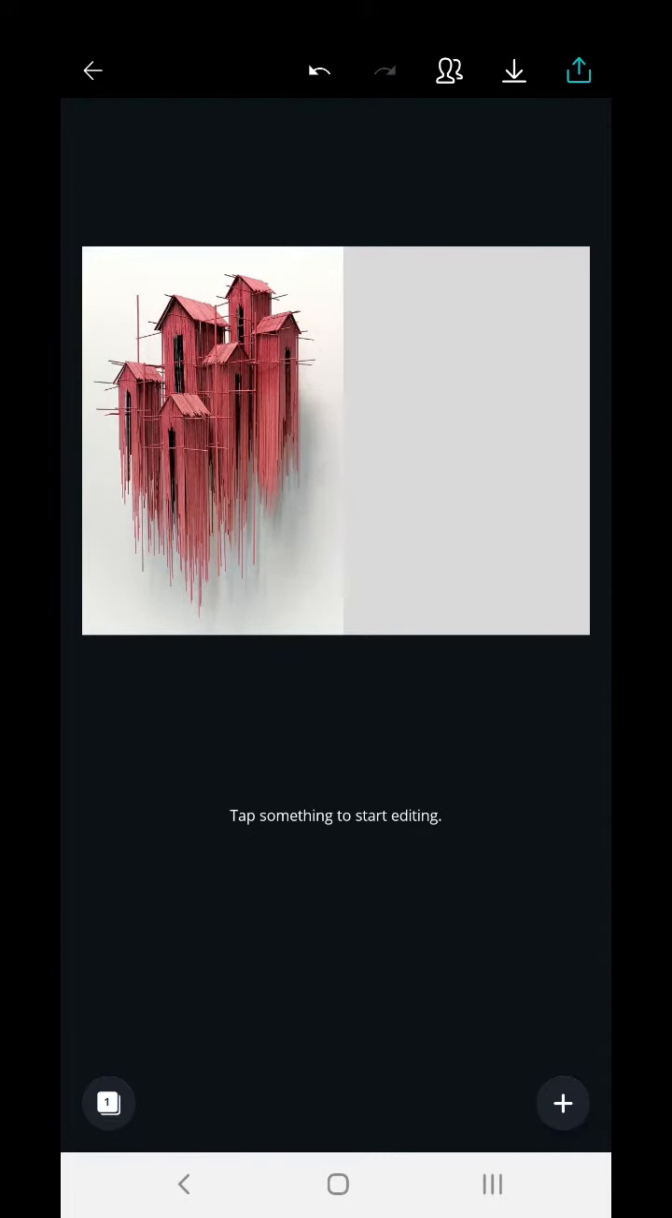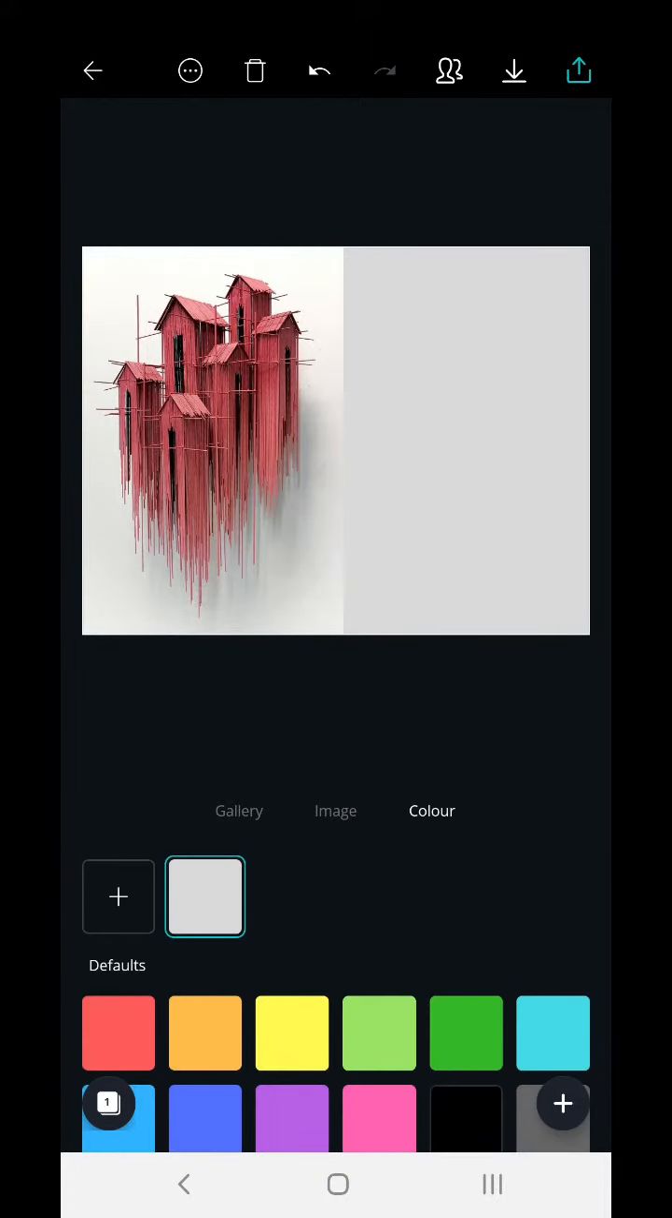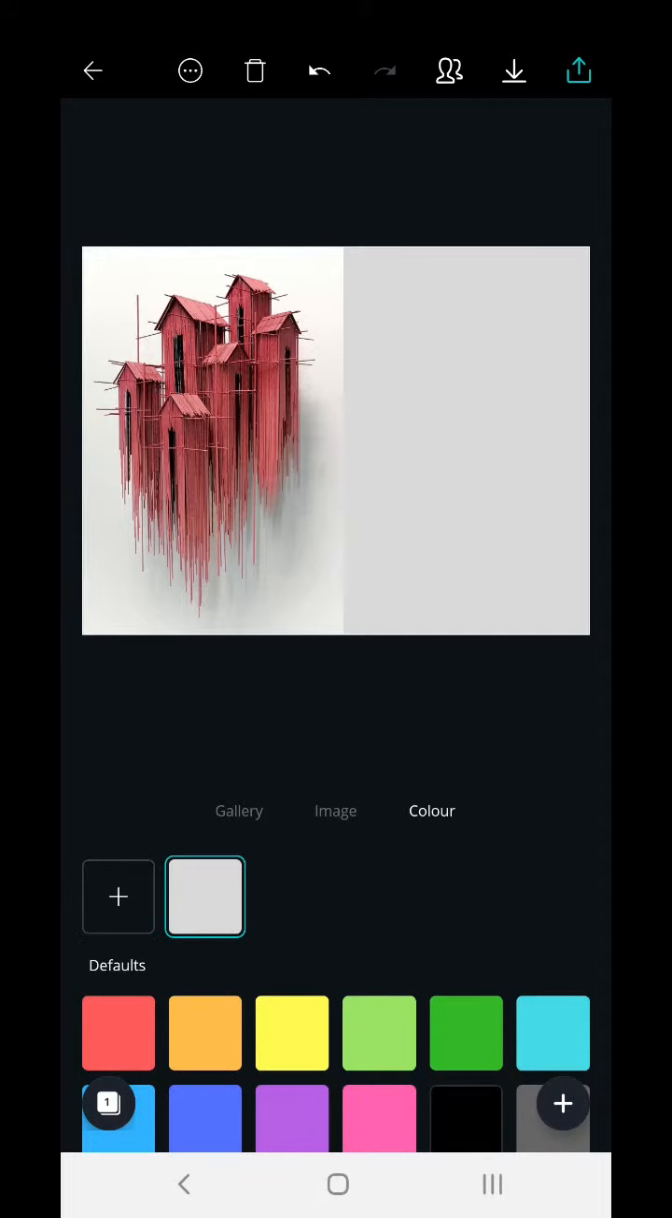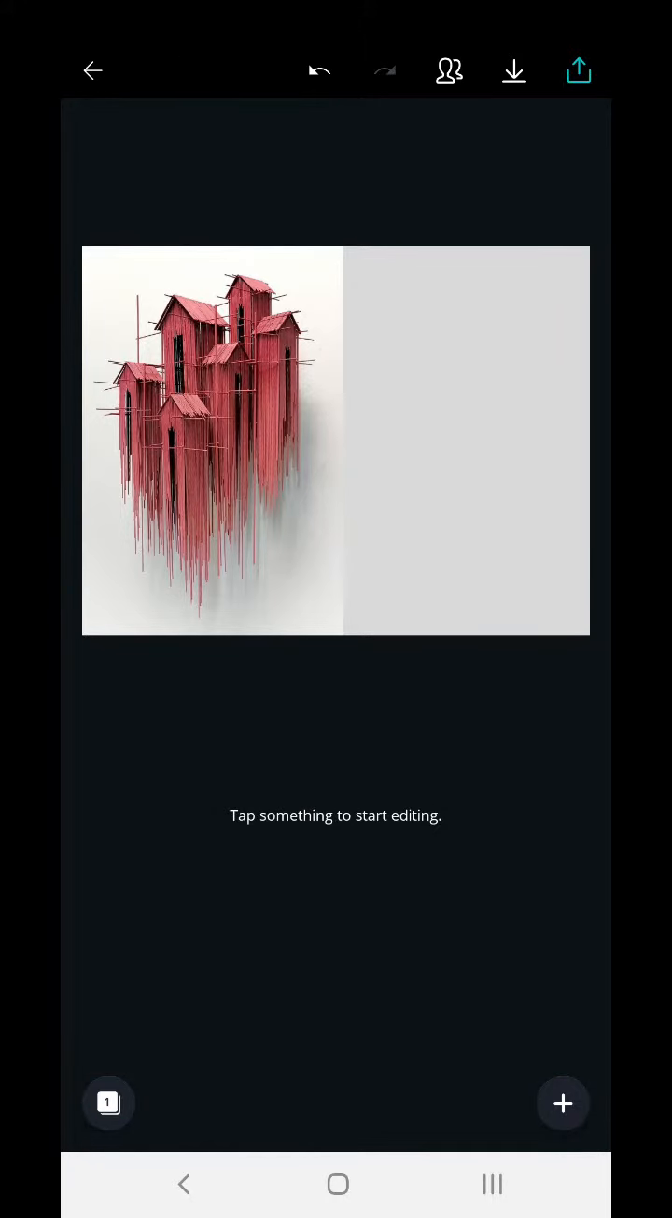Now after dividing the page into two this way, I will not touch this background. If I touch this background, and you can see the lines around it, if I touch it and change anything or try to import anything, it will affect that background. So what I will do is I will touch out, make sure I can see, tap something to start editing,